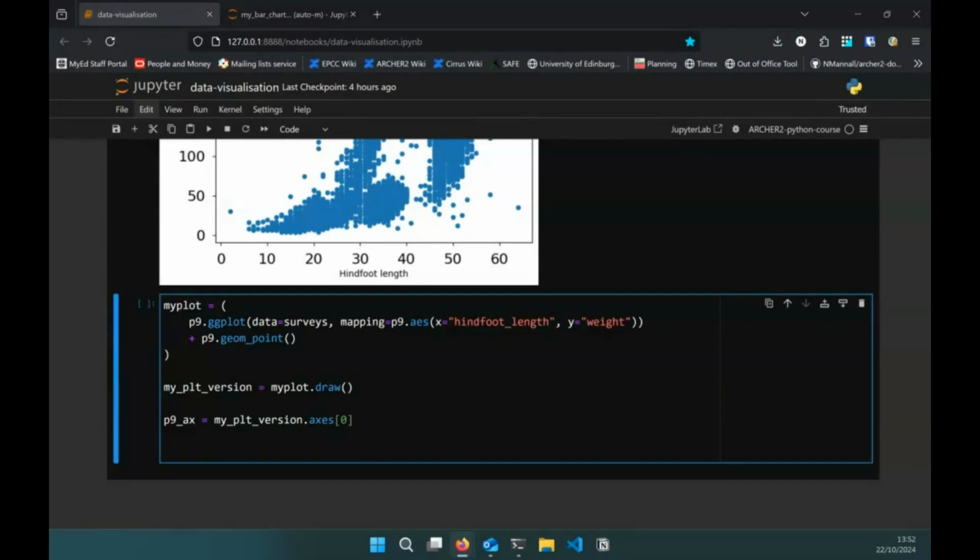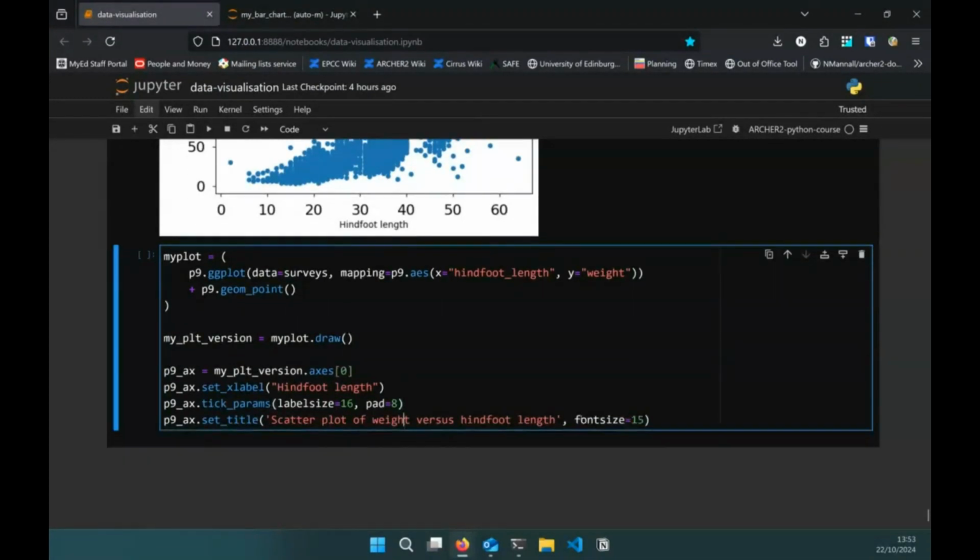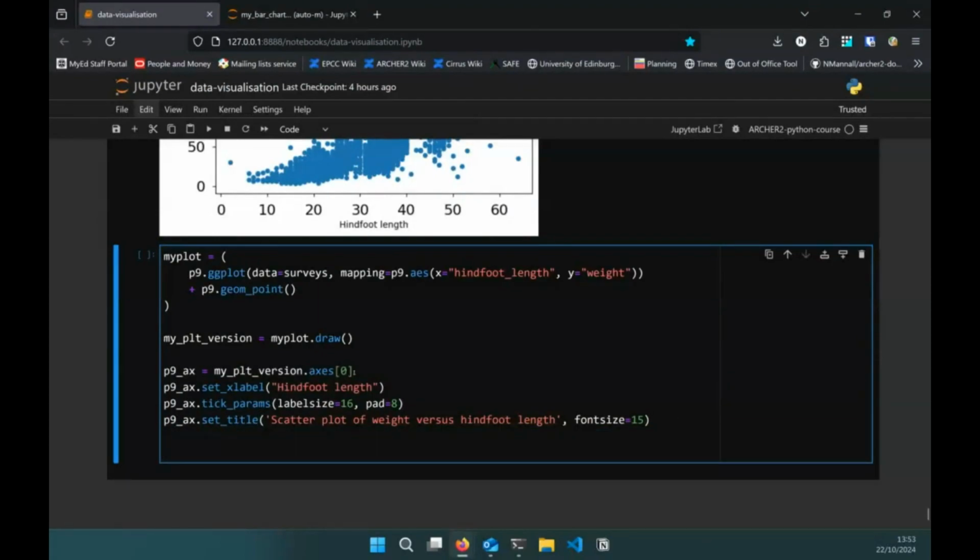And then in theory, we can then do as we've done before. We can set things like the X label. In fact, I'll add all this. We can set our tick parameters, our title. Most of these, if not all of these things, we could do in plot9 anyway. And as we showed on the previous exercises,